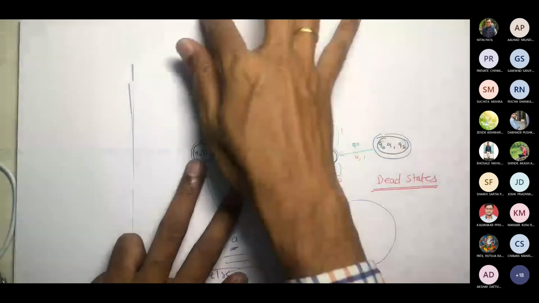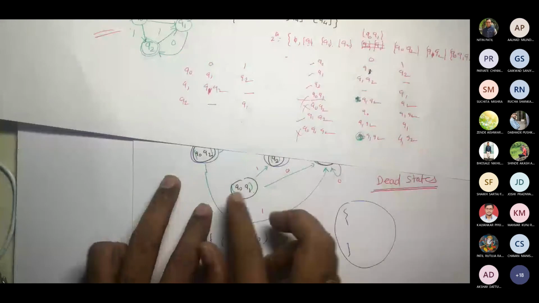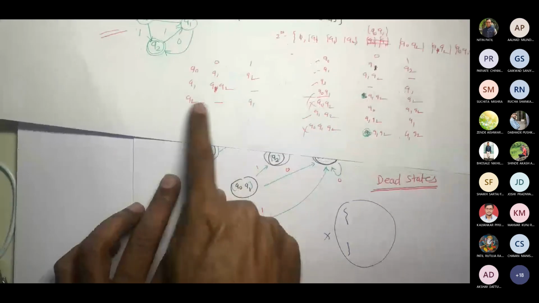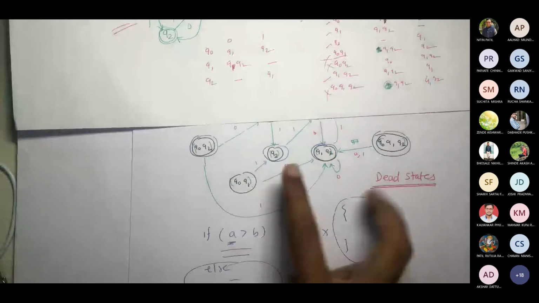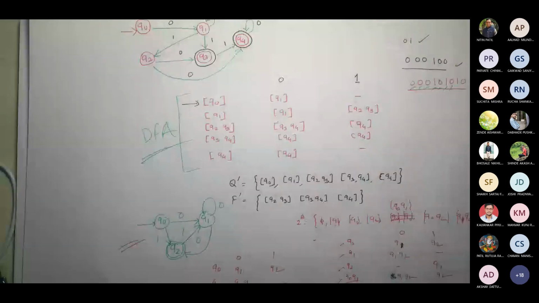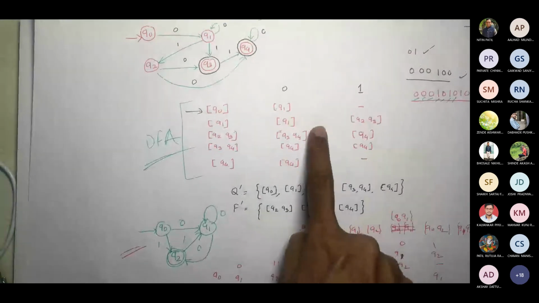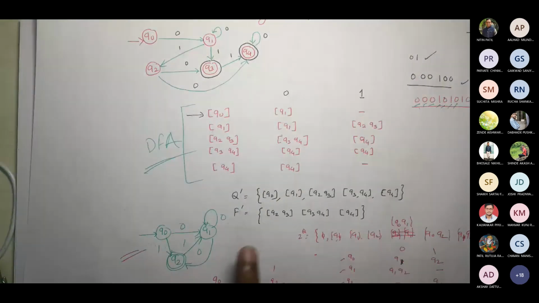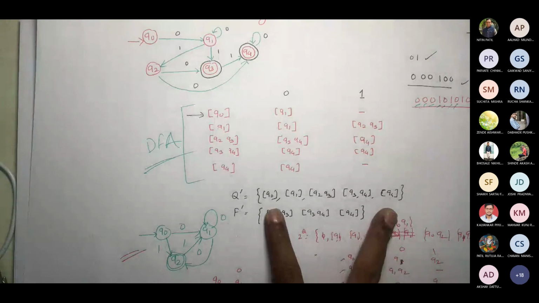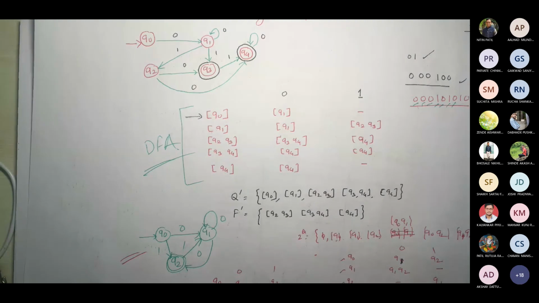So my construction would be limited to 1, 2, 3, and one more, Q1, Q2. Done. I'm not expected to write this. That's why we consider only those states which are occurring on the right side. Now this justification, because some of you may ask, okay, when we said that Q dash should be 2 raised to Q, then why we are limiting that to this small subset? And the reason being this one. Now, is that okay right now?